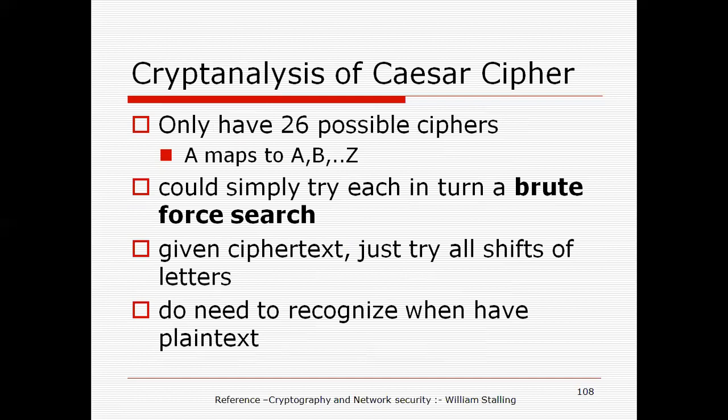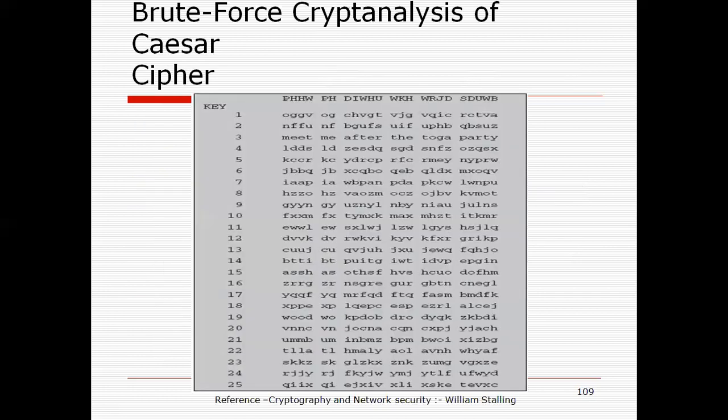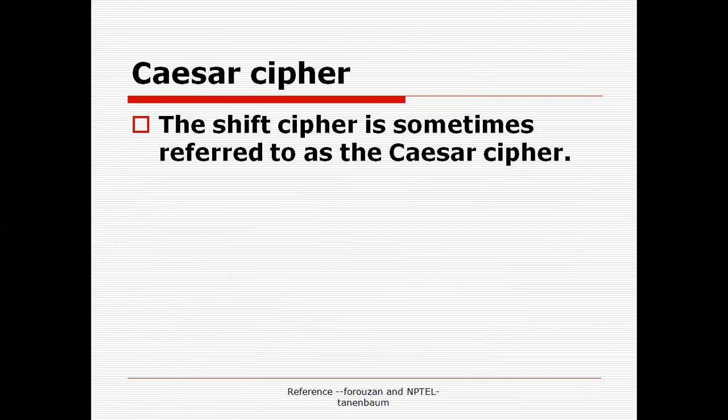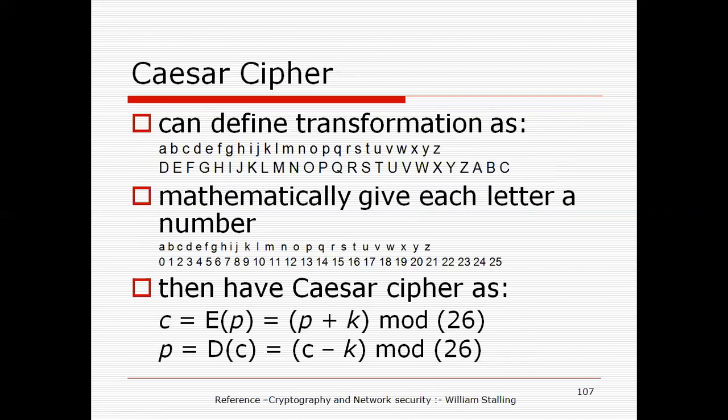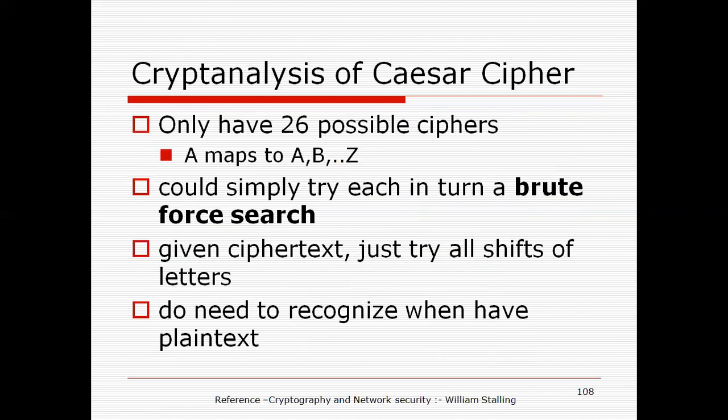If no one knows the key and someone wants to identify or read the message, they will simply use a brute force search. The brute force technique will be applied here. Now suppose I do not know the key of this communication. For this example, I do not know the key. I only know this is a ciphertext message I received as a hacker, and I want to know the plain text for this one. So as in the Caesar technique, I do not know the key.